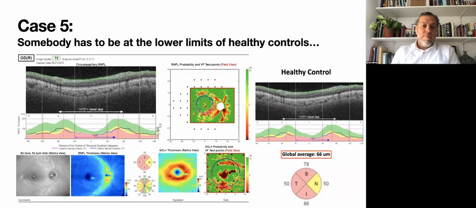The probability maps show this. So what do we do in these cases? Is this normal? Is this a healthy control? Is this abnormal? Actually, this is a healthy patient that is in the lower limit of normality. So here, the topographic view of the macula is normal without anything wrong, a little bit less RNFL thickness,